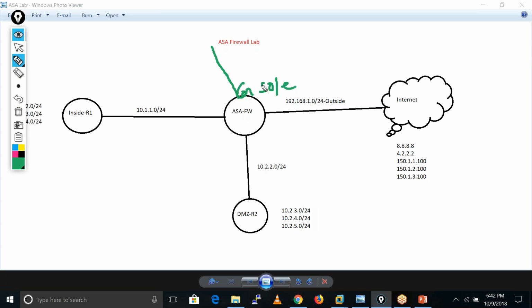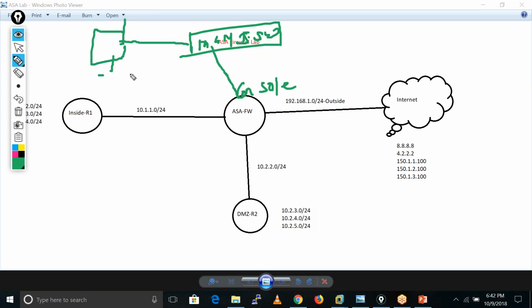This is a console port, and basically here we have maybe one management switch.